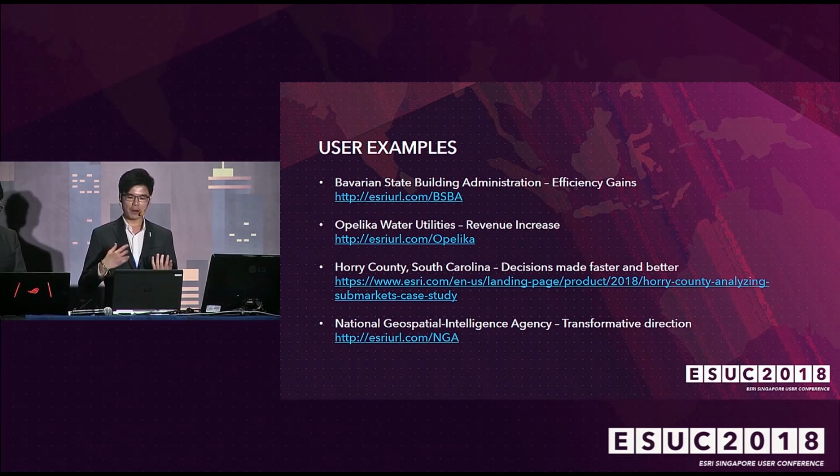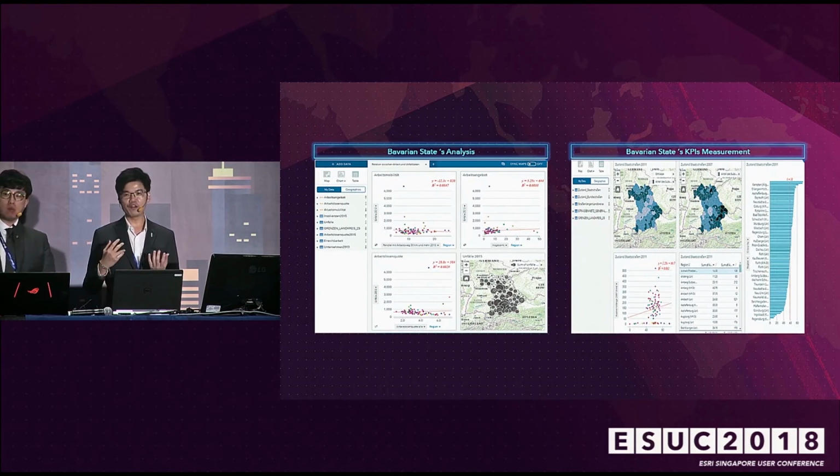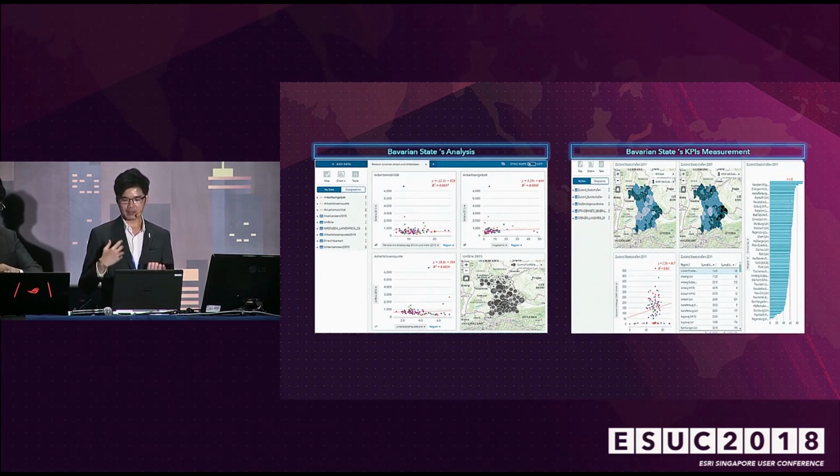So it's not about what we say we can do, but also what global users are doing and why they are doing it. So some examples, we have the Bavarian State of Administration, where they oversee issues ranging from public safety to transportation, and they need a strategic tool to help them analyze their data, drive accountability, support decision making. So Insights gives them exactly that: a comprehensive view on KPIs, used to highlight regional disparity on the road infrastructure, and allows them to apply tools to analyze the changes over time, relationships, correlations.